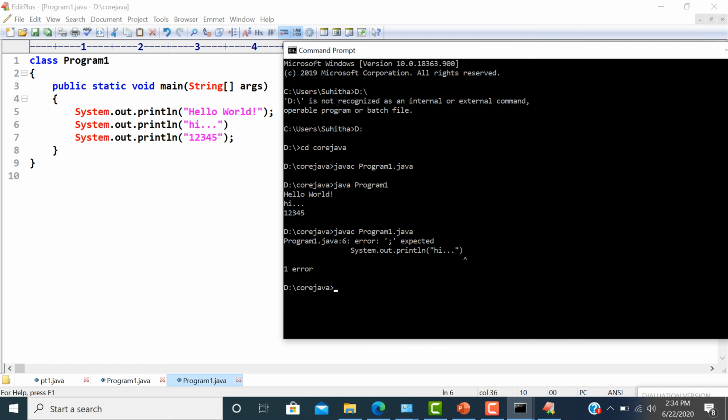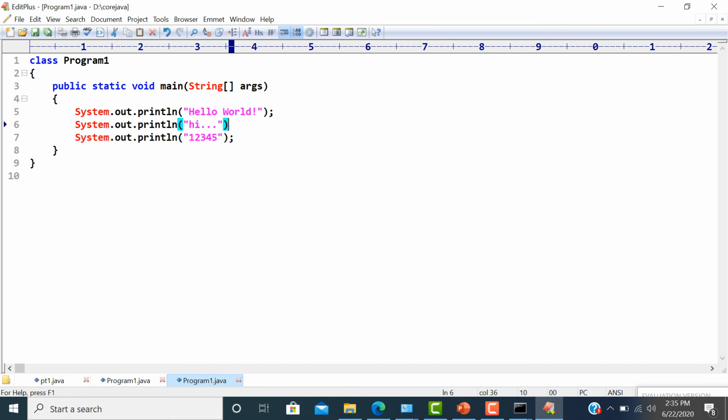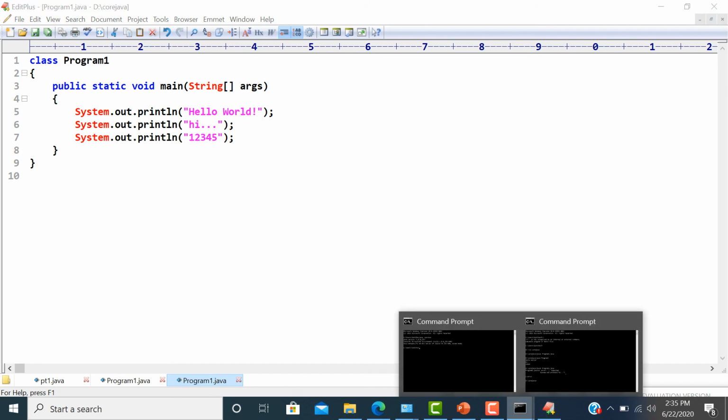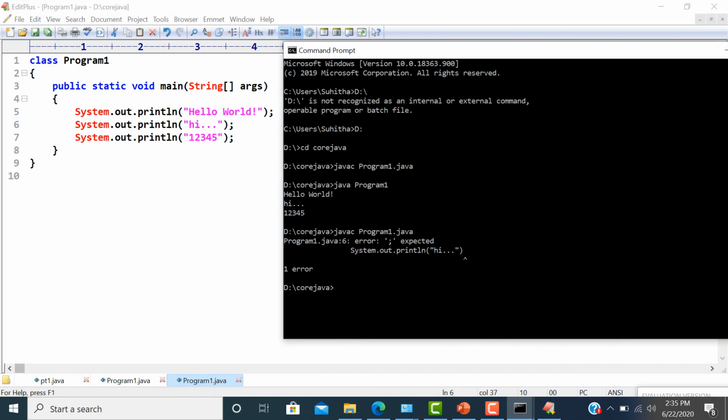So the compiler is throwing the error over here so that we can go and correct it. Once I do this, I'm going to save. Again I'm going to call javac program1.java. Now the compiler has not given me any error, so you can call your JVM.